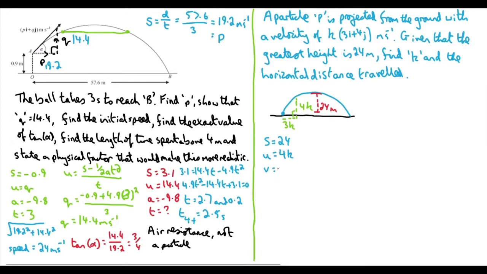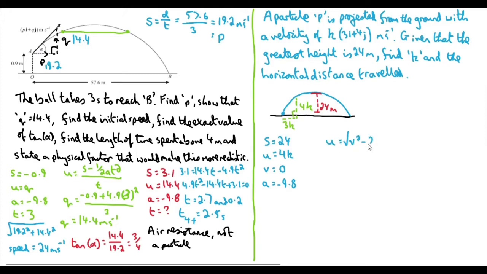V, we can say, is going to be 0, because if it's the greatest height, it must have come to a vertical stop there. It's still moving horizontally, it still has a horizontal velocity, but vertically it's come to a stop. And then the acceleration is going to be the minus 9.8. So we can use v squared equals u squared plus 2as, or in the rearrangement, u equals the square root